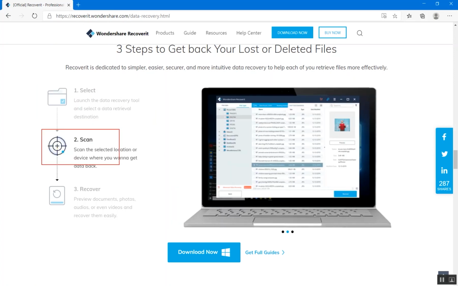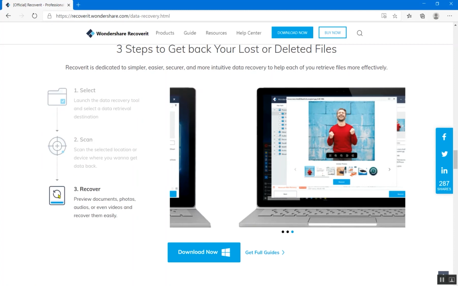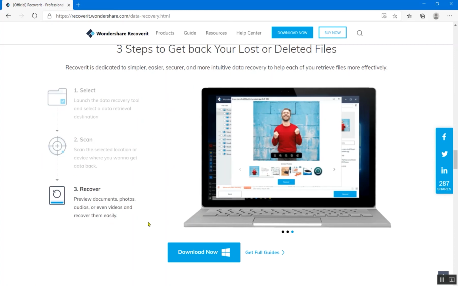Secondly, you will scan the selected location or device where you want to get data back. Once you scan it, after completion the software will display your data in the format which you are currently looking at, and from this screen you can select one folder or multiple folders, or even one file or multiple files, and after that you can click to recover the data.